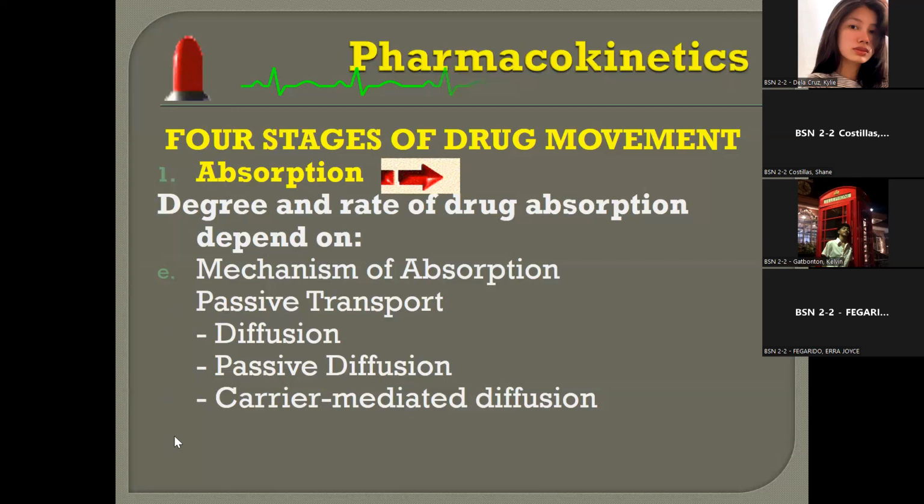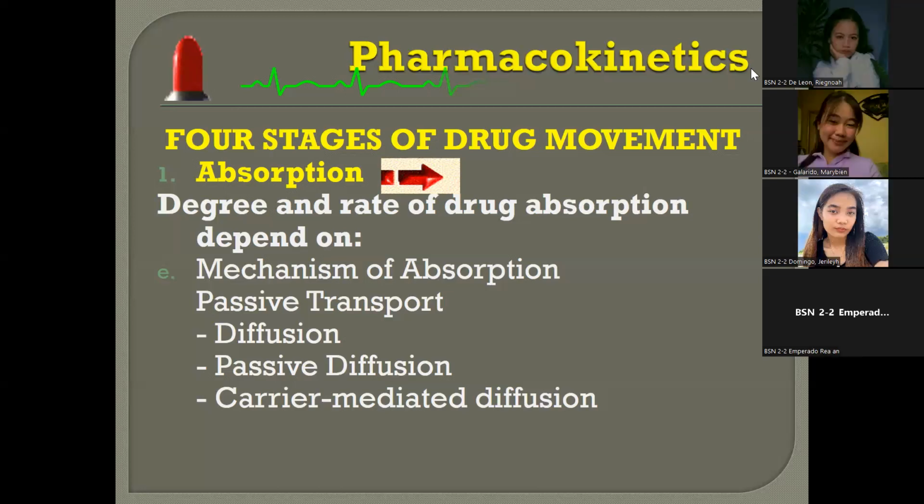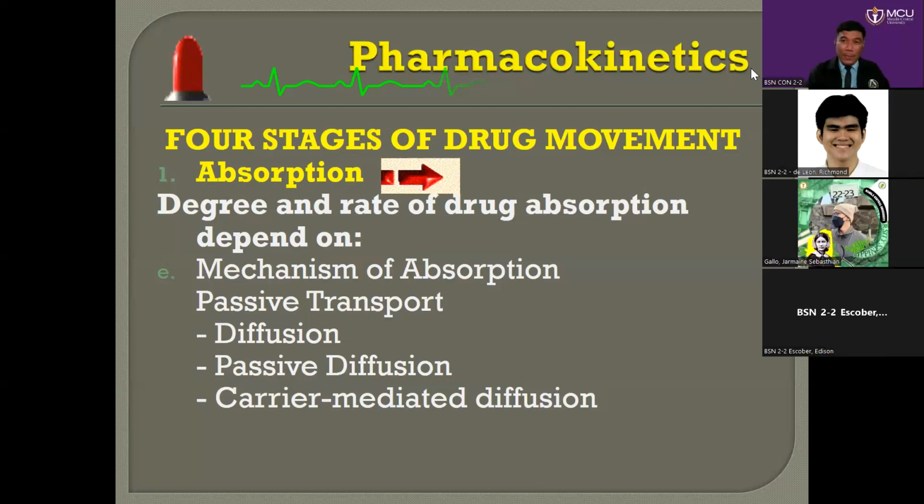Okay, but anyway, now, when it comes to the stages of drug movement, we'll go back to some of the basic terms we have encountered in chemistry and science. That's why we deal with pharmacology as the science. We study chemical composition and properties as well. Now, we have considered diffusion.